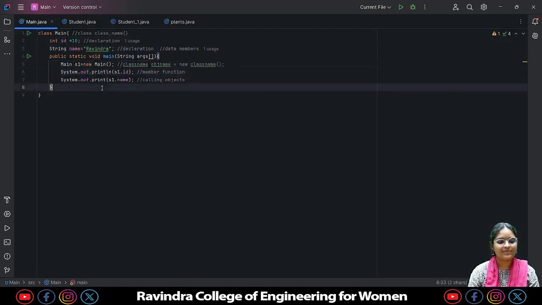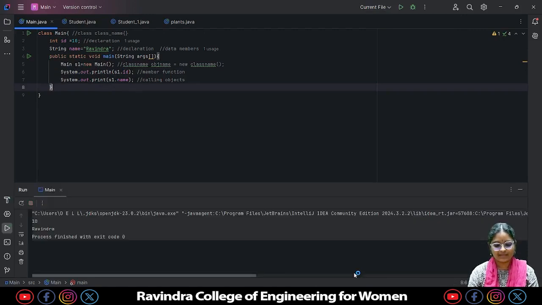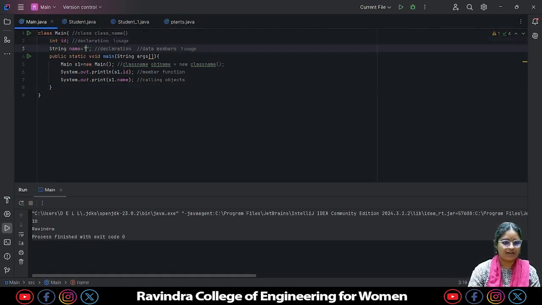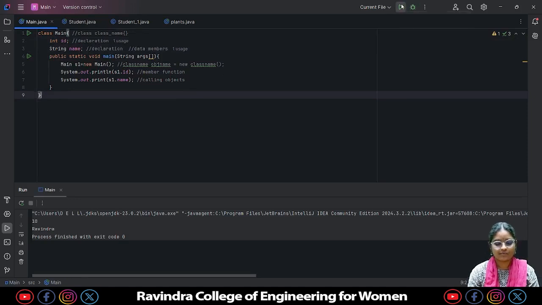As we have not given any values for it, if you run it now, see, it's passing and everything is done. See 10 and Ravindra. If you're not giving any values here, see, I'm not giving values here, so what will be the output? We'll just check it.